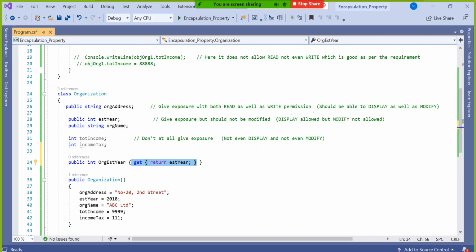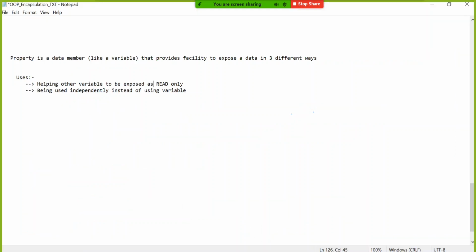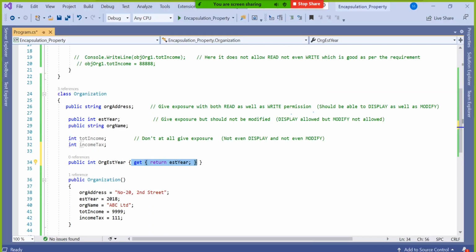But today we are not learning about set. Set is an independent property, a second category. Next class we will see. But today we are seeing the helping element. This property is going to help this variable called establisher to be exposed as read only. Okay. So now, whoever is using this organization establisher property,